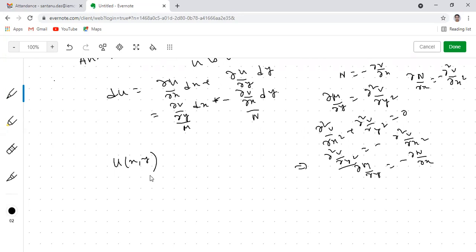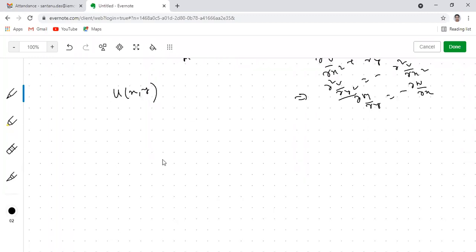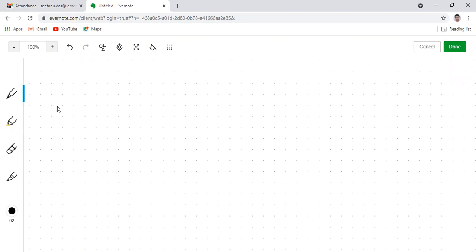Is that clear? Yes, sir. Is it clear to all of you? If you have any kind of doubts, you can ask me, because once the method is clear, if any unknown problem is given regarding this, you can solve it during the exams. If anyone has any kind of doubts, then you can let me know. Otherwise, I'll discuss the second method. That's clear. So let me discuss the second method.